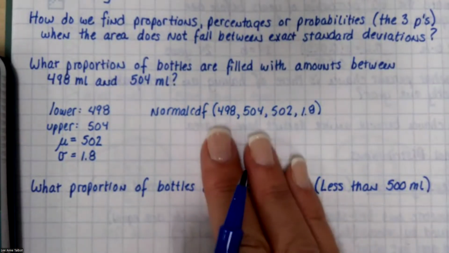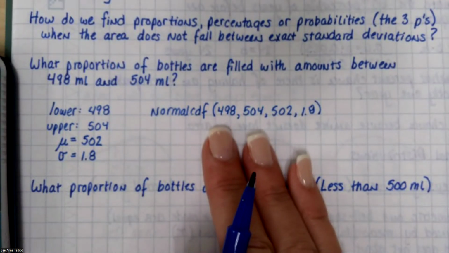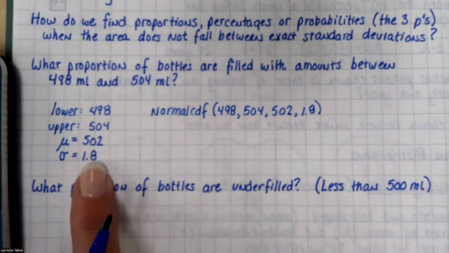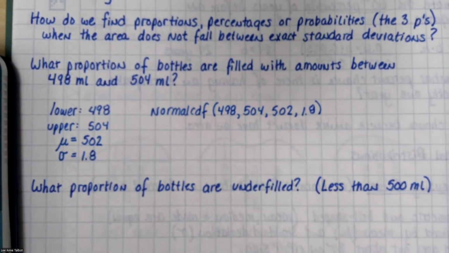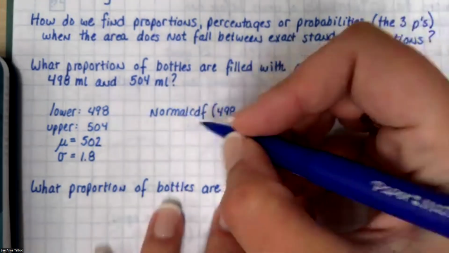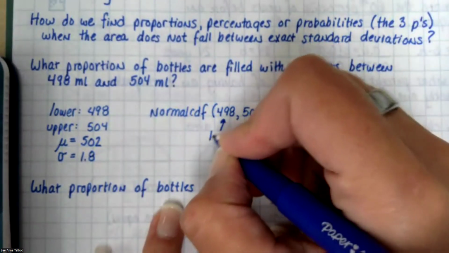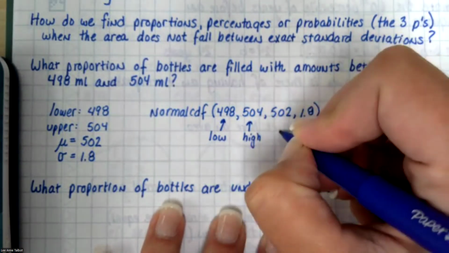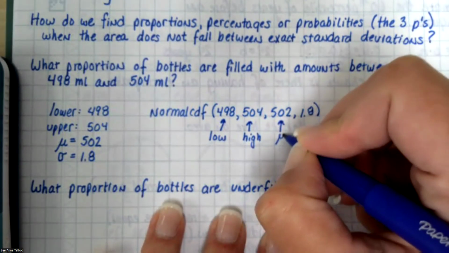I don't know why Texas Instruments thinks that we can't handle typing 4 numbers with commas between and has to give us a menu of stuff. It's completely pointless, but whatever. Okay, so I'm going to put low, high, mean,